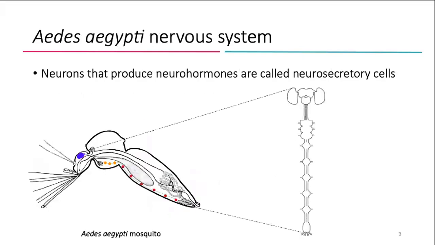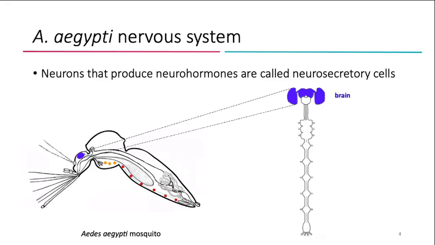Similar to other animals, the Aedes aegypti mosquito elicits hormonal regulation of peripheral organs through coordination of the nervous and endocrine system. The neuroendocrine system is composed of neurohormones derived from the nervous system, and these signaling molecules include neuropeptides and biogenic amines. Neurons that produce neurohormones are called neurosecretory cells, and in the Aedes mosquito, they can be found in the brain,